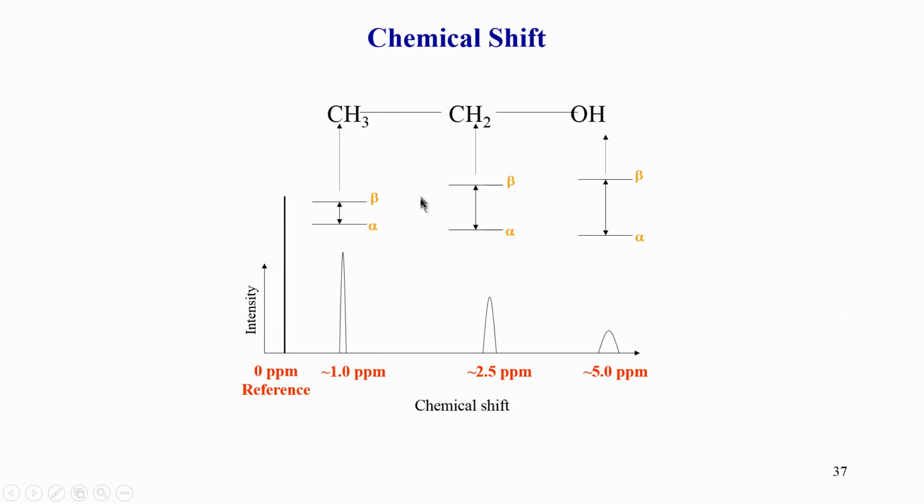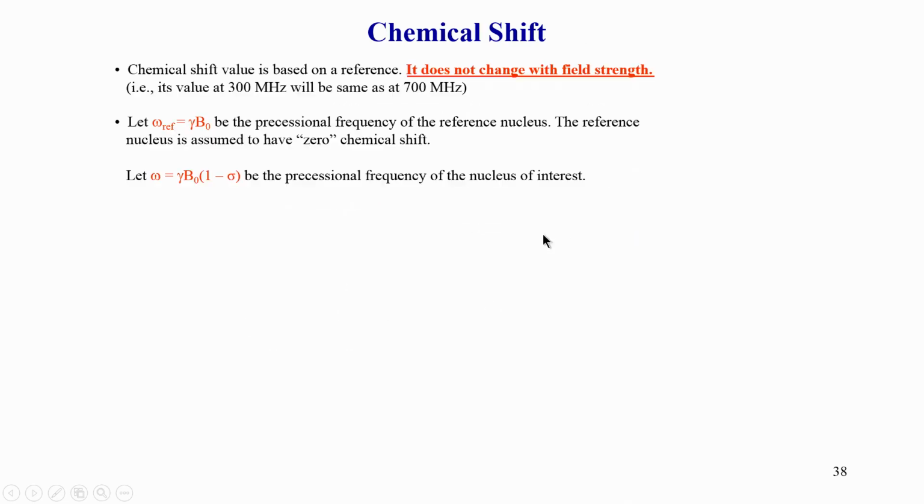So, essentially what is going on here is that each hydrogen atom is experiencing a different frequency of resonance. They are not resonating at the same frequency, but they are converted into a scale which makes it independent of the frequency scale. We will see shortly how this comes about. So, this is how the calculation is shown here.